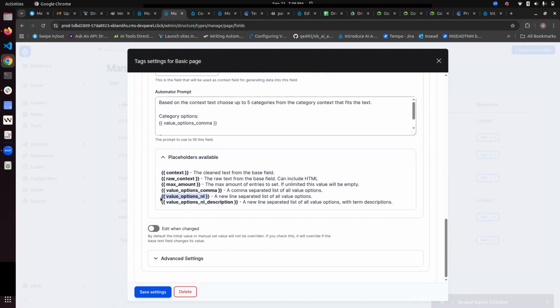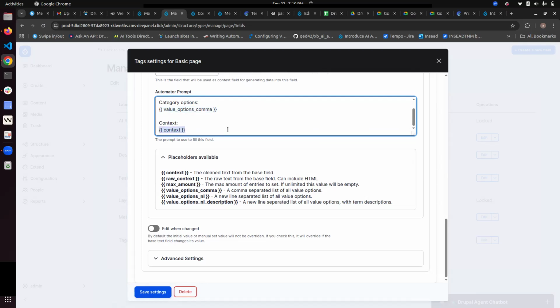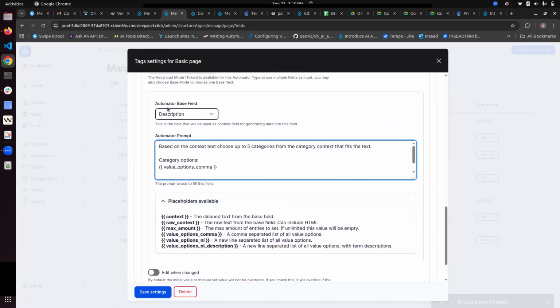Then this will structure each value in a new line, and then the third token will include the description from each term as well, if descriptions are present, so that the term selection will be much more precise. So here I am just using the value options comma, and context is going to contain the value from the